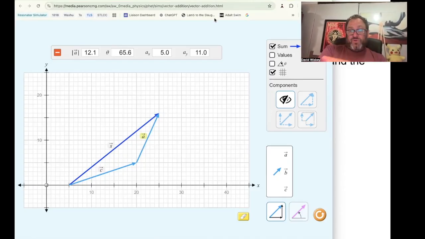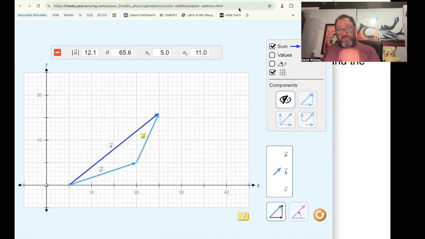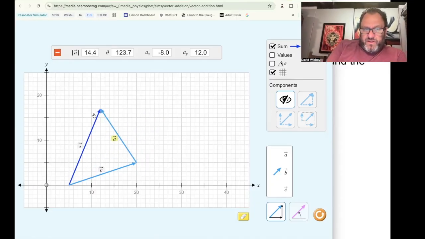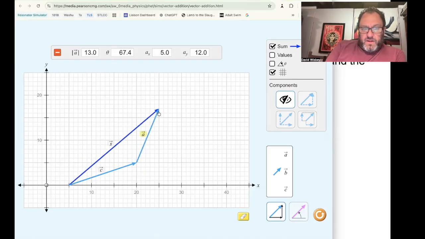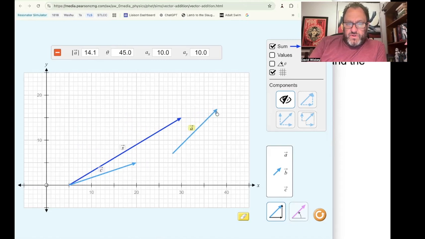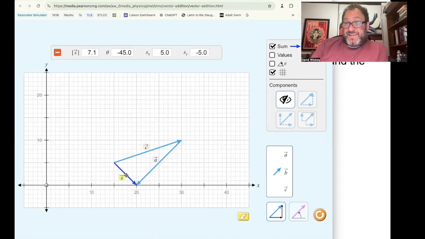Okay, so we got this cool video game here. I mean, it's a simulation, but I don't know if you want to call it a physics video game. It's fun though. You can make these vectors however you want to. Look at this! Boom! And if I make a negative, what does it do? How long is my vector here? It's a diagonal of two squares. I'm going to make a negative. Boom! See what I did there? I reversed it.